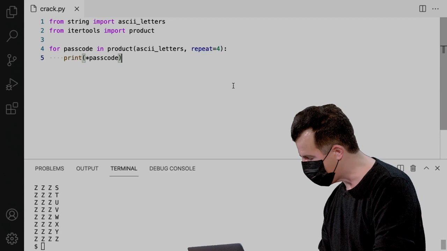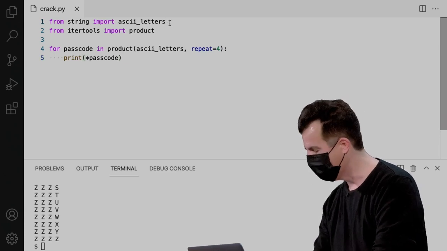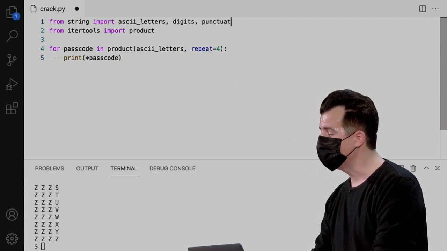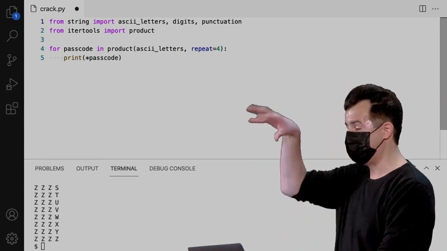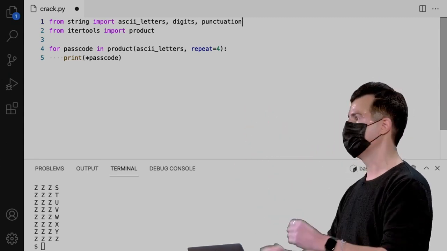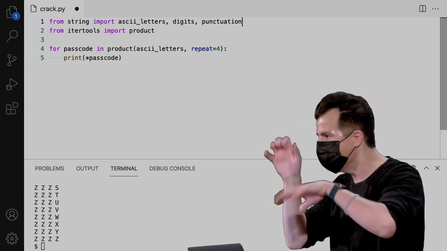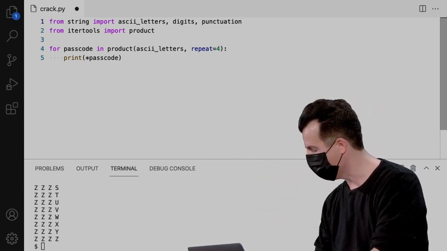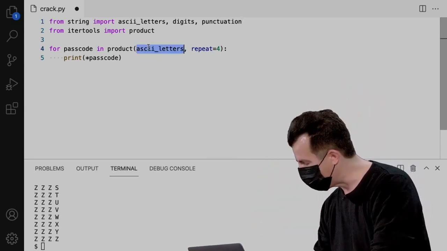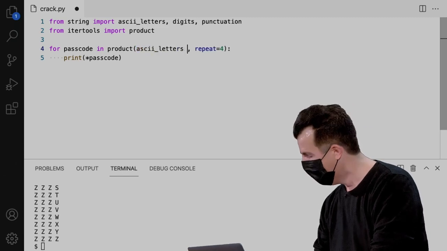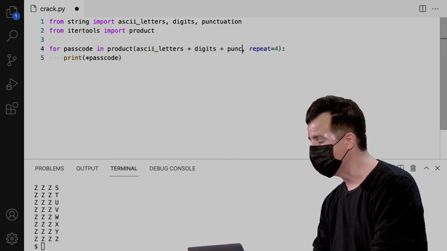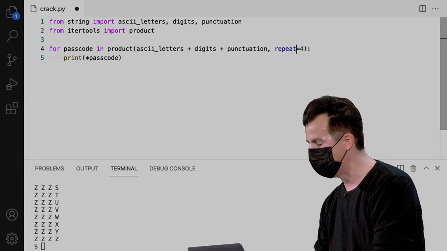So this sounds alluring. And in fact, let's just change our code one final time just to get a sense of how this might look and behave. In this version here, let me go back into my code. And let me change this now to use not just ASCII letters, but digits. And I'm going to add in punctuation. For CS50 students, there is, again, this library called the string library that lets you just import all of these symbols automatically, so we don't have to type out every character on my keyboard manually. And then down here, I'm going to take the product of those ASCII letters again, plus those digits, plus the punctuation, repeated 8 times, I claim this time.